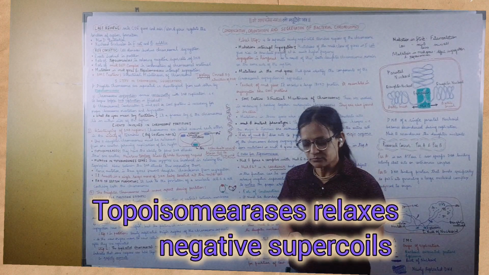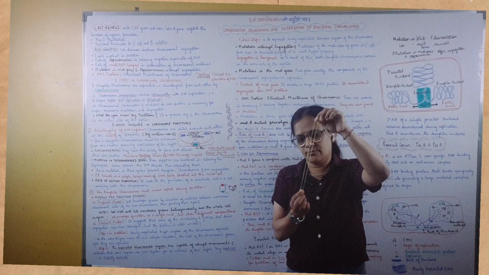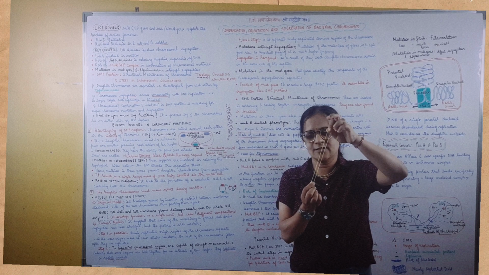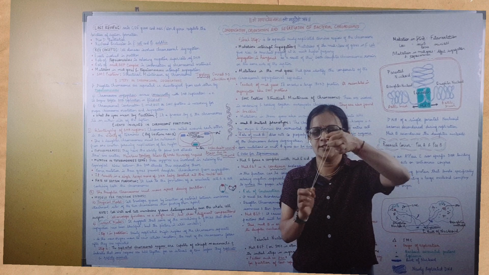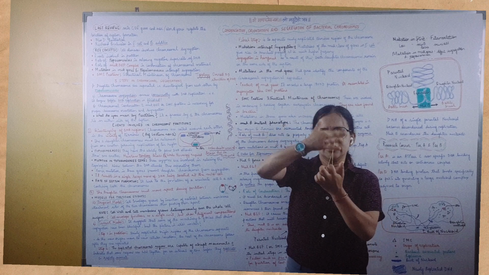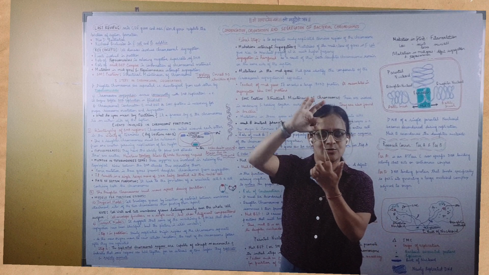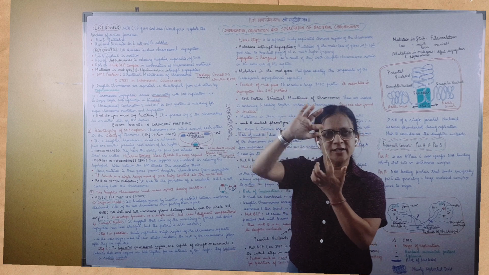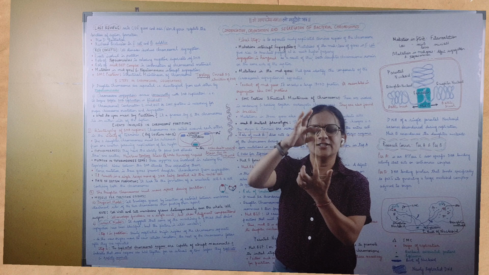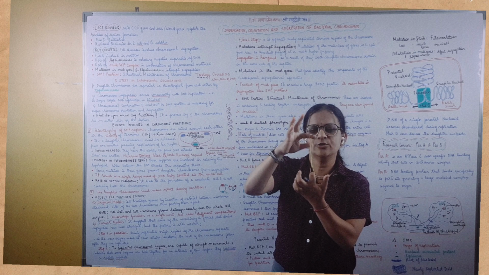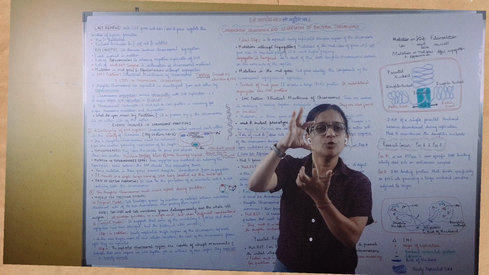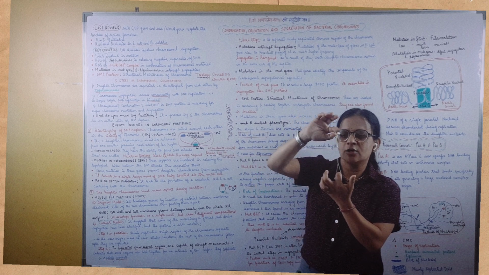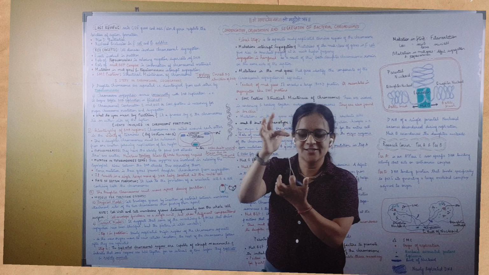Now just imagine you have a rubber band in my hand. So these are the two DNA strands, imagine. You know that the DNA strands are wound around each other. They are helically wound around each other, so that creates a torsion. When the strands are helically coiled around each other, it creates a torsion, a strain, you can say, on the upper portion of the two strands, right? So as you go on coiling, the amount of torsion goes on increasing.